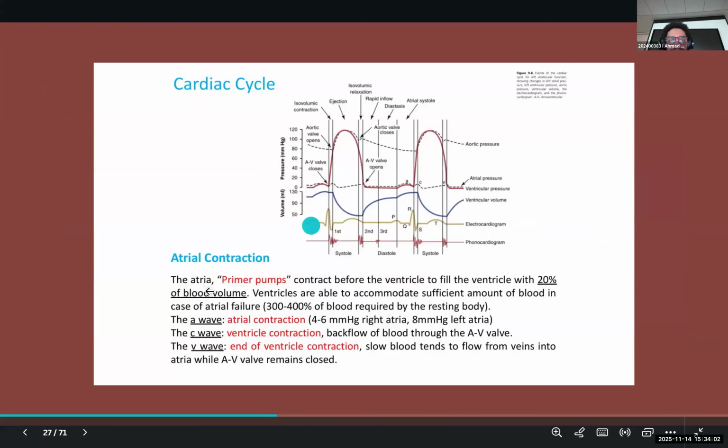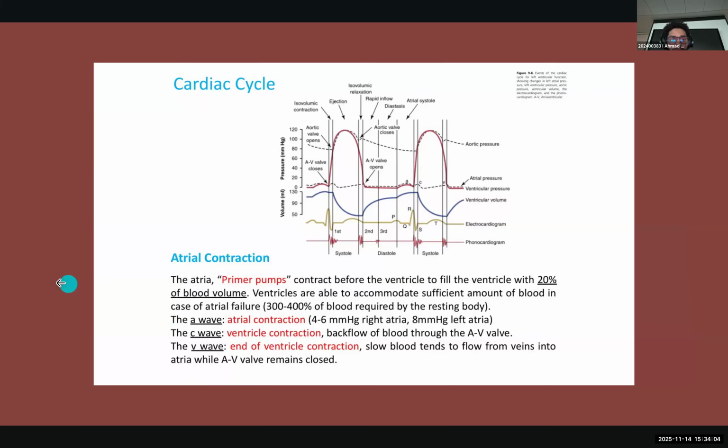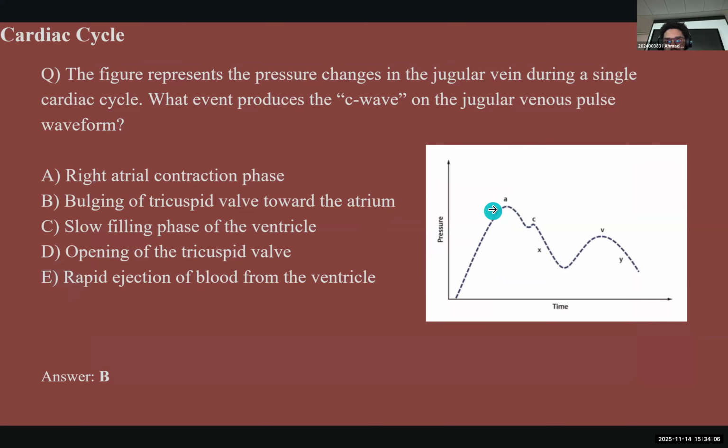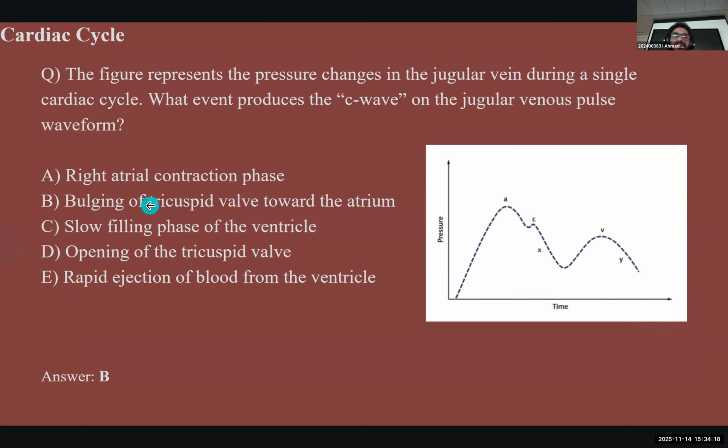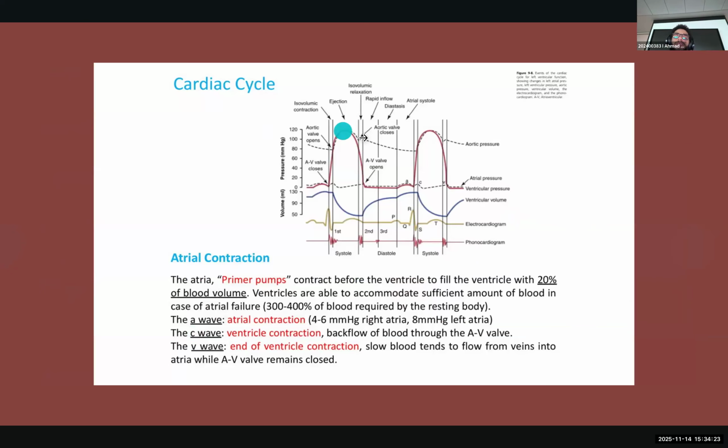Let's look at this explanation. We've got three things that I want you to focus on: the A, the C, and the V. The question specifically asks for C. Let's start with it. Dr. Mooney said in the slides that the C wave comes after ventricular contraction, but our answer here says bulging of the tricuspid valve. So to simply explain it, if you look at the ECG here, this phase is